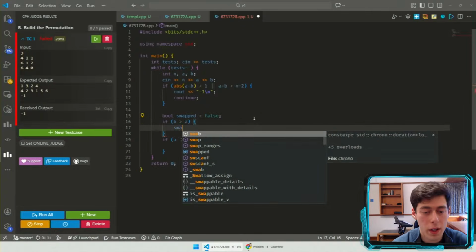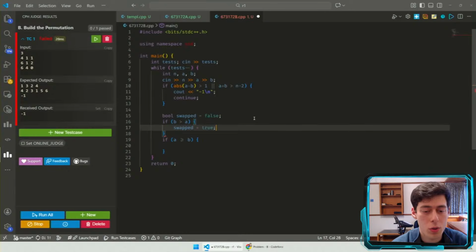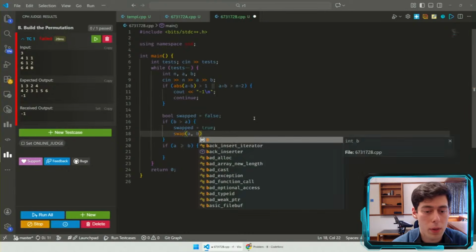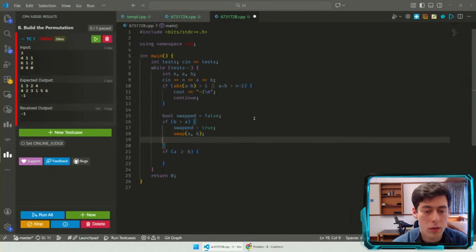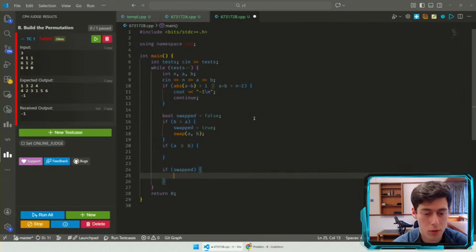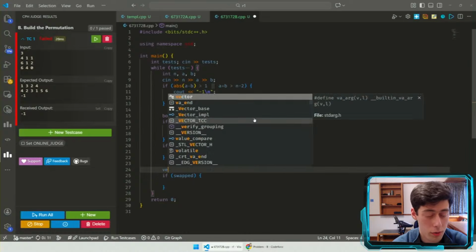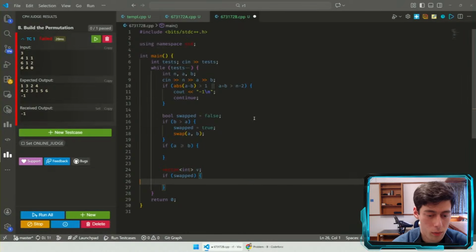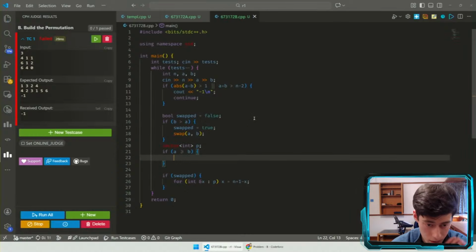If B is greater than A, swap equals true, swap A and B, and then at the end, it's swapped, so we're going to go through it and reverse it. Right. So now we only need to deal with the case where the number of maxima is either equal or